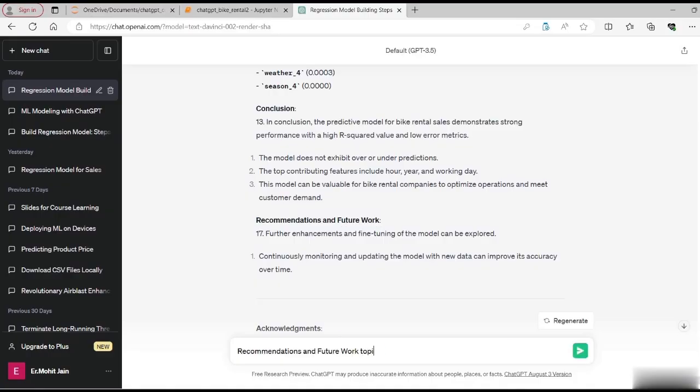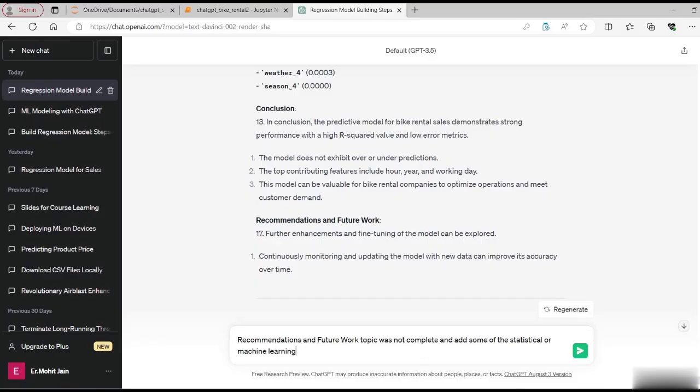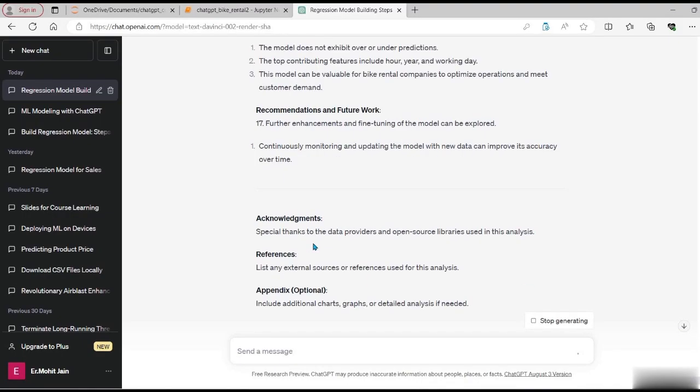Our topic was not complete, and add some of the statistical or data science or machine learning functionality to improve our existing model. So let's see what ChatGPT is going to suggest here.